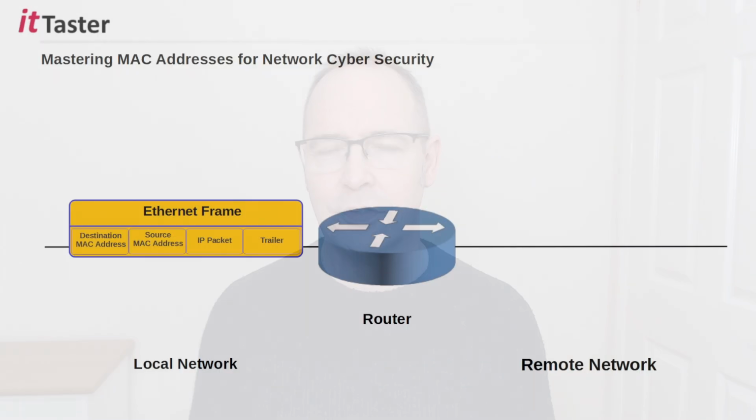This substitution process takes place each time a frame traverses a router. A frame cannot venture beyond its own local network. And this means that even if a MAC address hasn't been spoofed, as soon as a frame traverses a router, the source MAC address will change and the trail disappears. Well, not quite. All is not lost.